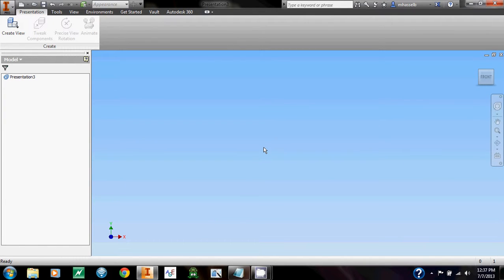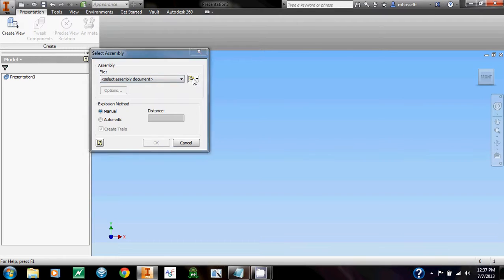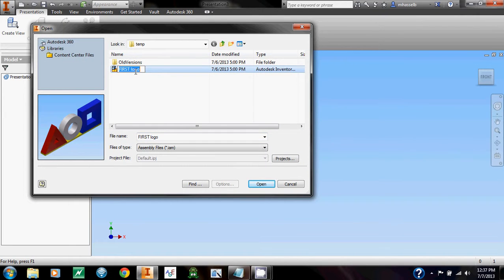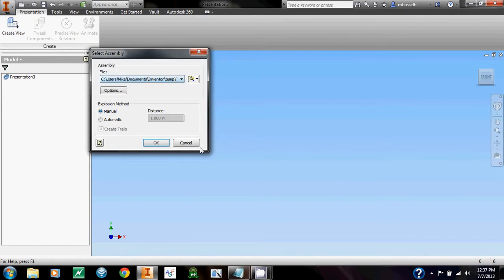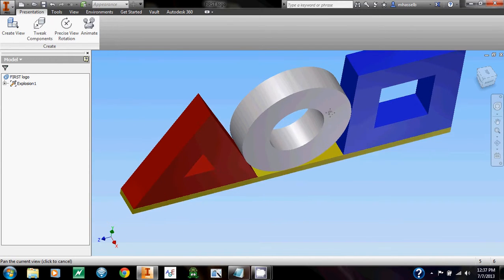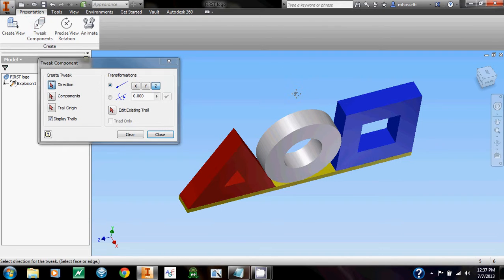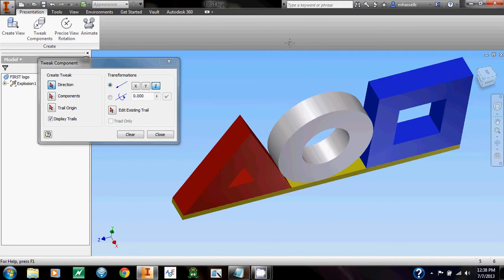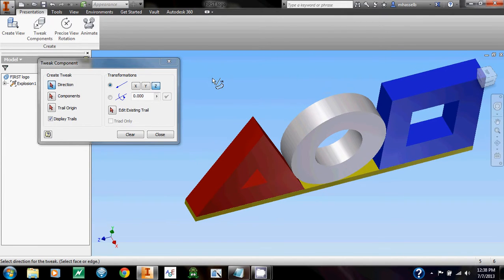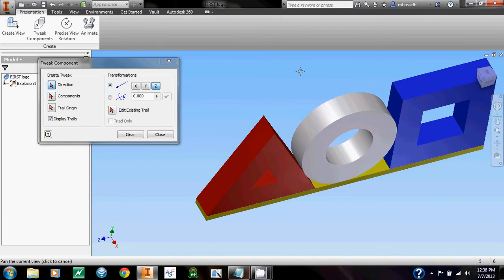Once in the presentation, you can see that the toolbar is pretty small. We start off by picking an assembly by clicking Create View and finding the assembly. Once you have your assembly, you can begin to tweak the individual components up here. Now there are two types of tweaks that can be performed, and those are translations and rotations. Translations will move a component a set distance along a straight line, and rotations will spin a part a set amount